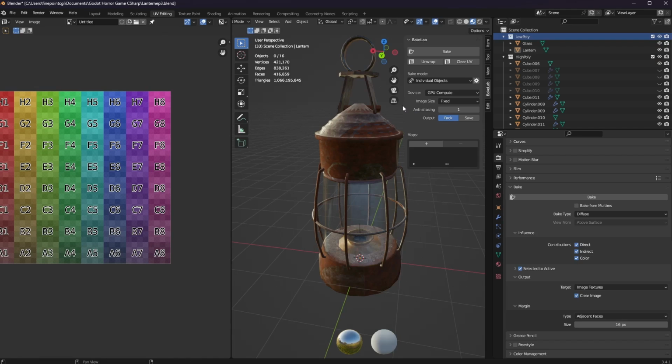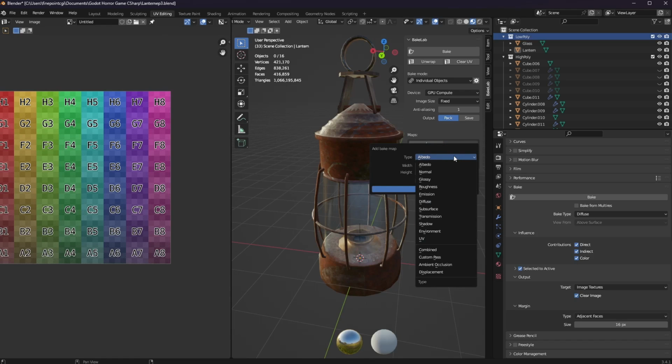So to do our baking, we first have to set up our maps. And to set up maps, it's really simple. So if you come down here to the little plus icon, click on that, and choose your type of map. Now, in our case, we're going to bake the color first. So we need to put in our albedo. And now we get to choose our size. And size is up to you on what you want them to be. In my case, I'm going to make our size